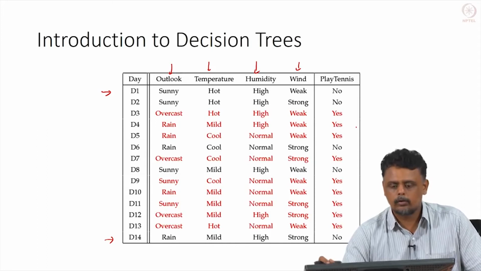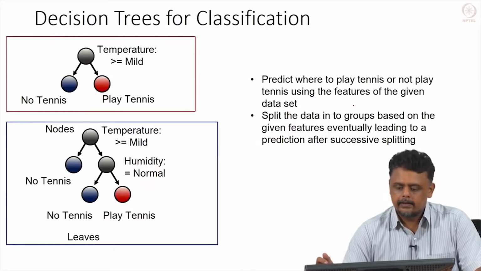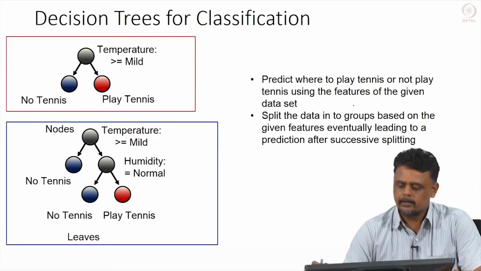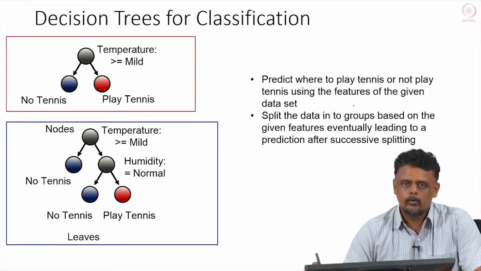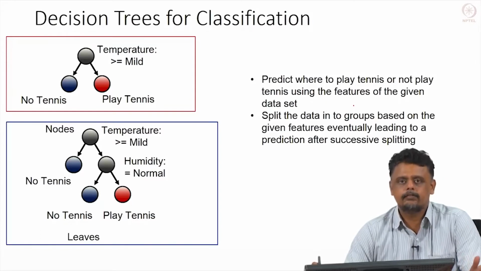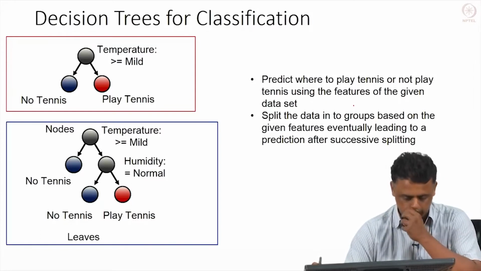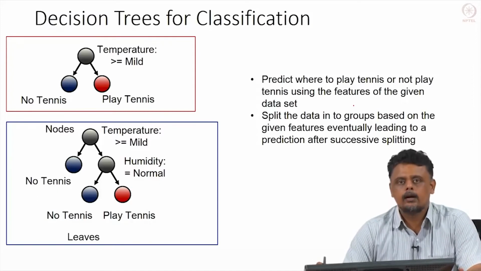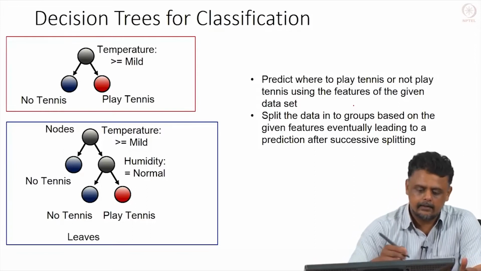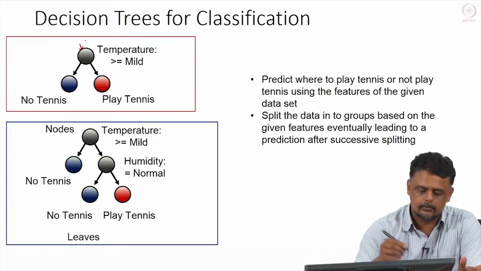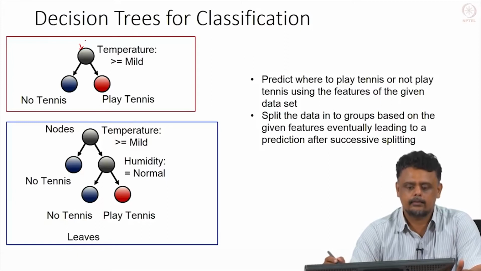So, how would we go about doing that using decision trees is what we are going to look at in this video. The idea, to again reiterate, is to make a decision as to whether to play tennis or not based on the features provided. The way you go about doing that is to split the entire data based on the features provided, eventually leading to a decision as to whether to play tennis. Okay. So, we start at a node. This is what is called a node, which contains all the data set, okay.